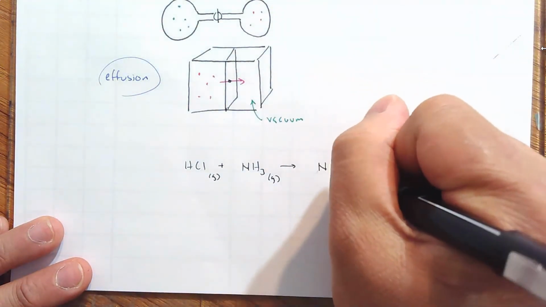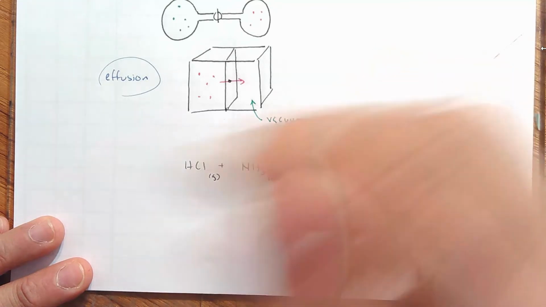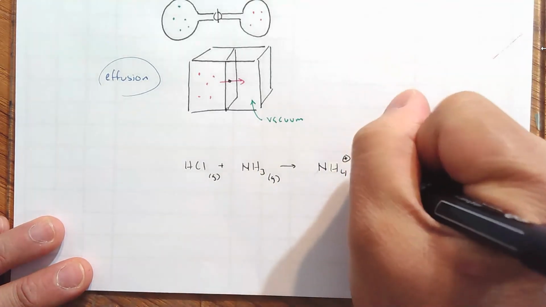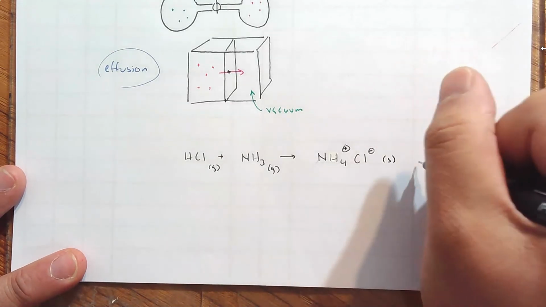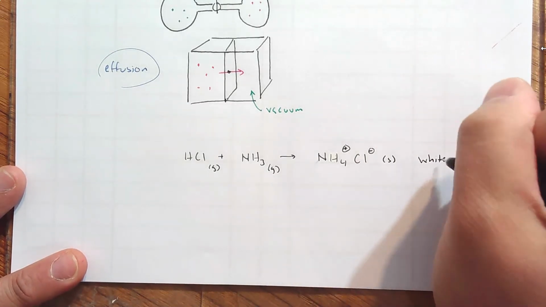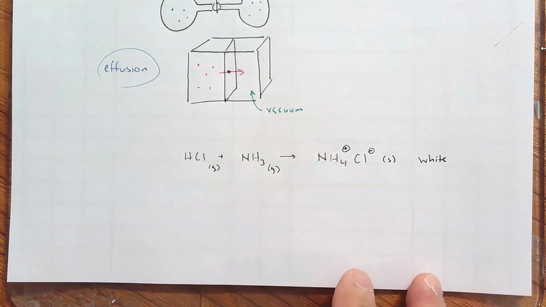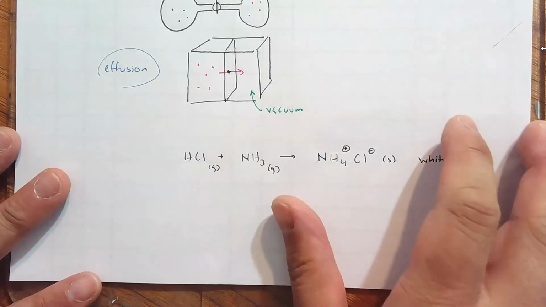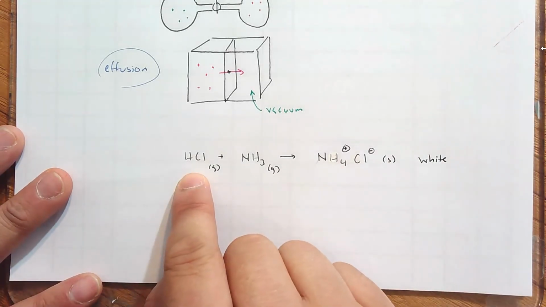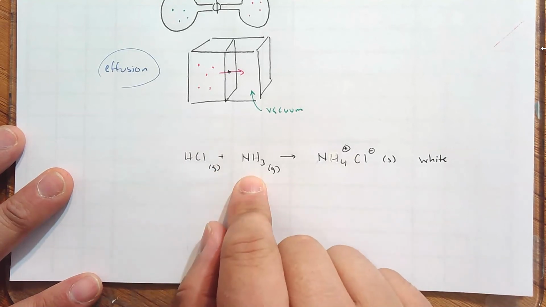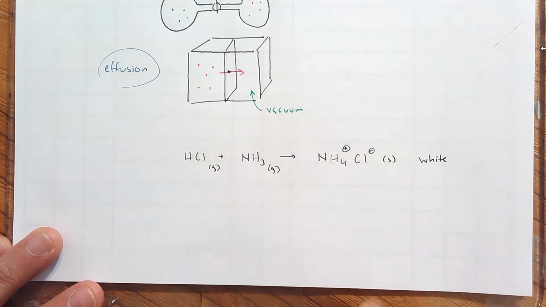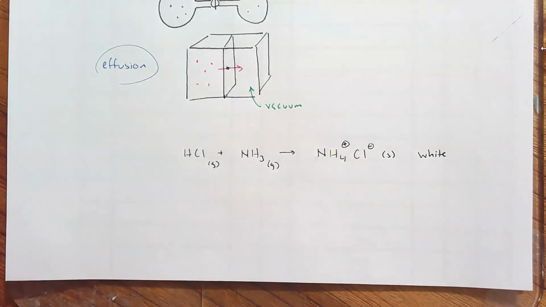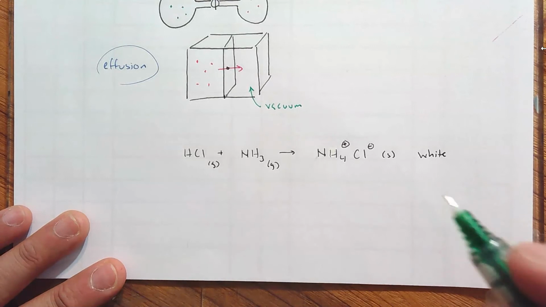And actually it's an ionic salt, or just a plain salt. Okay, but the fact is it is a solid and it's white. So the experiment is: dip cotton balls in hydrochloric acid, dip a cotton ball in ammonia, stick them on two ends of a tube, and see where the white powder forms. Okay, which do you think moves faster,